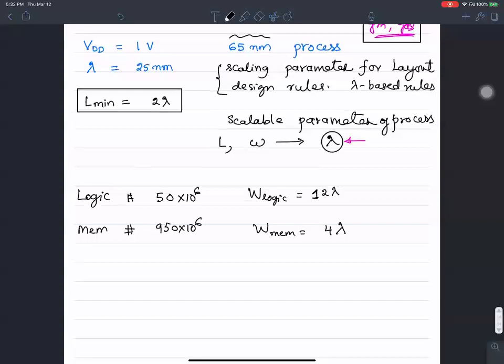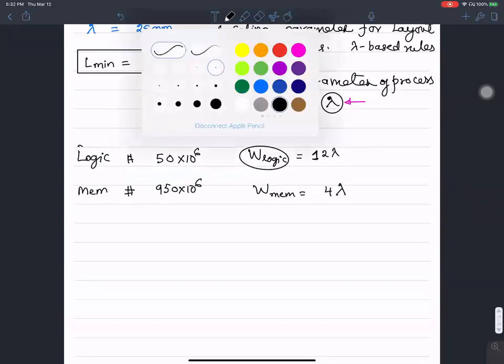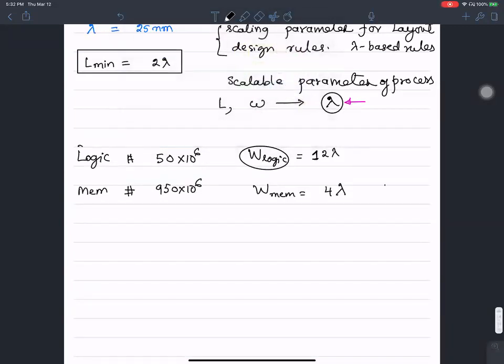So it's easy to see how we express all the widths, lengths, and all the sizes in terms of lambda. Okay, so that's the idea. Everything is expressed in terms of lambda. What is also given is that the switching factor of memory is 0.02, and the activity factor alpha of the logic gates is 0.1. Okay, it's intuitive to understand why that is the case. If you think of